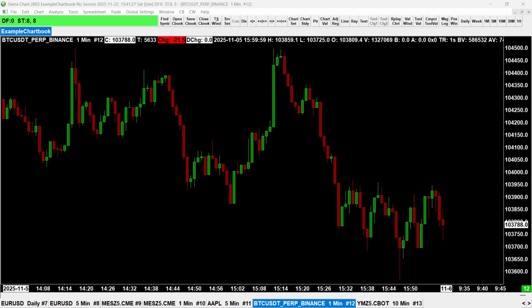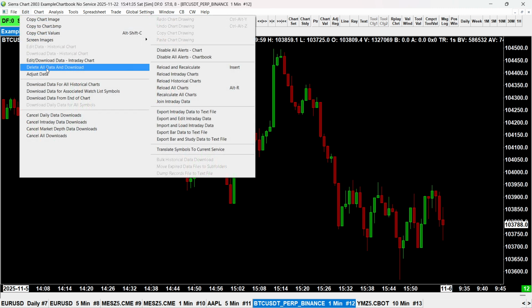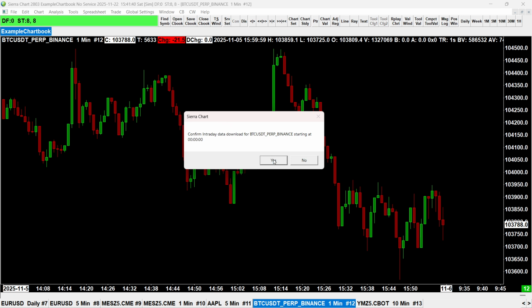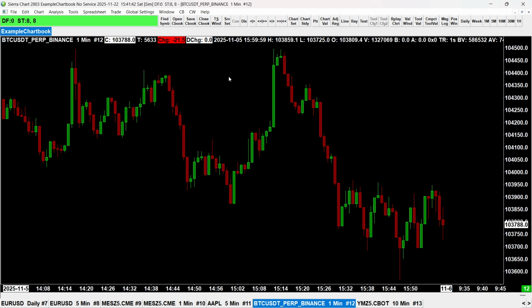In this video, I'm going to show you how to reset Sierra Chart. Now, the first thing you could do here inside Sierra Chart is go to Edit up top left, and then click on Delete All Data and Download, and this will partially do the trick. However, if you want to delete and basically reset everything whatsoever, what you want to do is first shut down